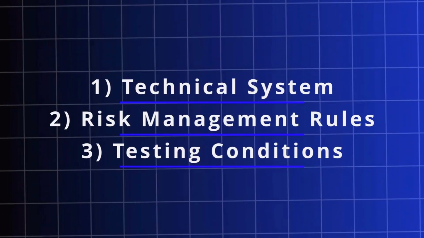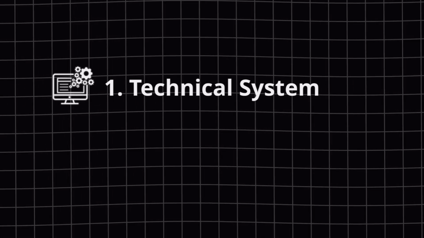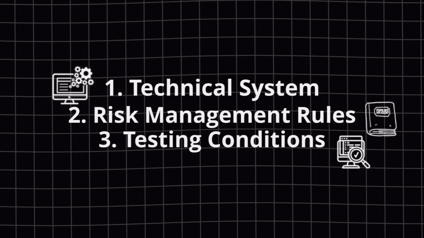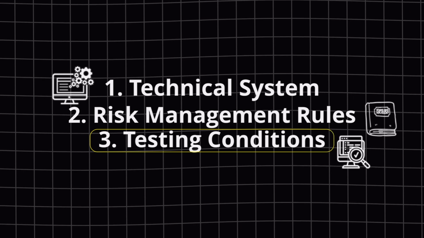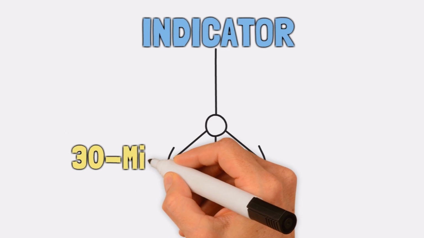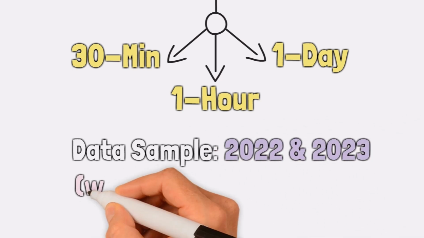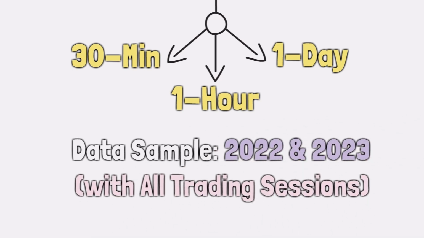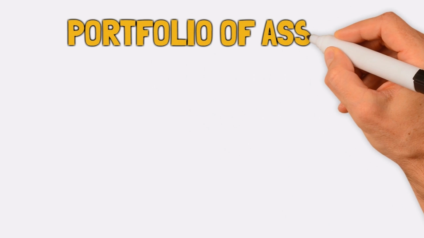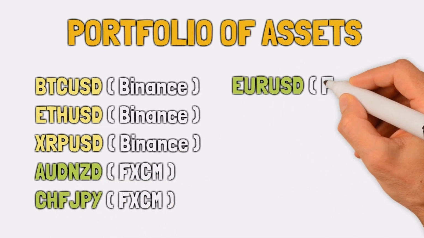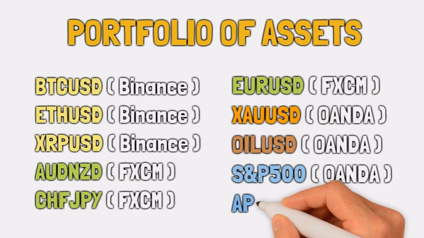As usual, we need three things. First, the technical system, second, the risk management rules, and third, the testing conditions. Regarding this last step, we'll backtest the top-bottom indicator on the 30-minute, 1 hour and daily timeframes, using data from 2022 and 2023 across a diverse asset portfolio: Bitcoin, Ethereum, XRP, 3 currency pairs, gold, oil, the S&P 500 index